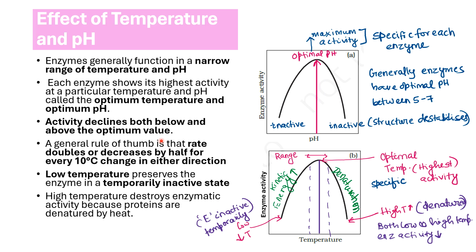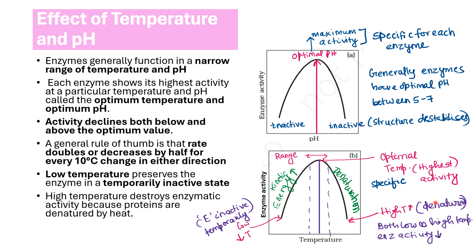So even though the rate of the reaction doubles if you slightly increase the temperature by 10 degrees Celsius, if you increase it to a very high temperature, denaturation of the enzyme is seen,